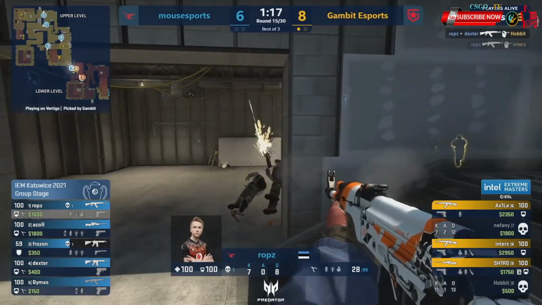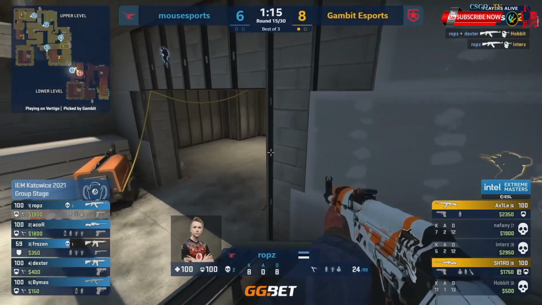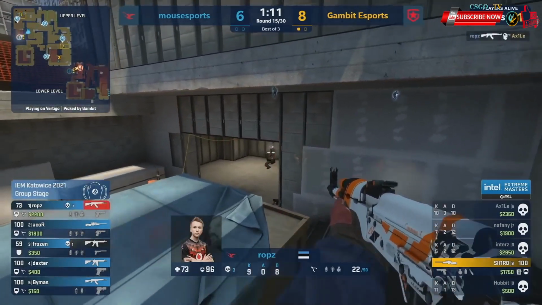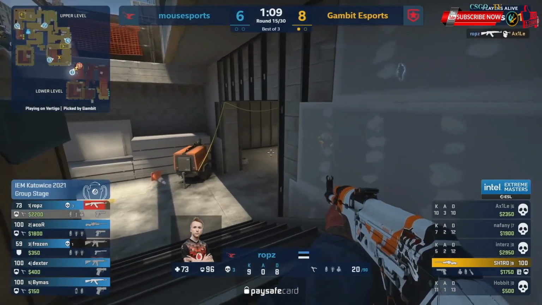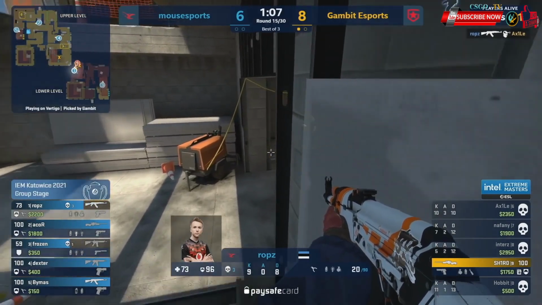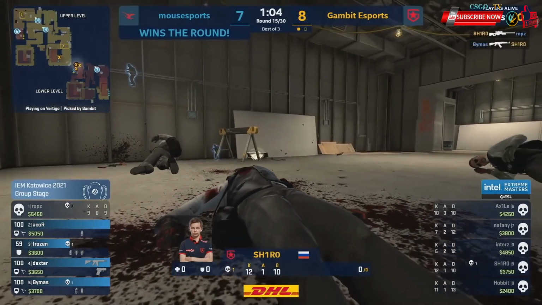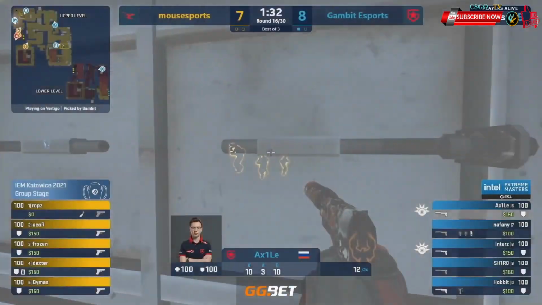And they have Rops pushed up on B. He's going to find them pretty much all coming around. 2 heads found already, and he's given plenty of time to recompose and find a bit of a new position to set up on. And Rops is doing it all. It is only Shiro left. He's trying to bait out the shot. It doesn't work, but he confirms where that final player is, and there we'll be seeing the B push coming in,